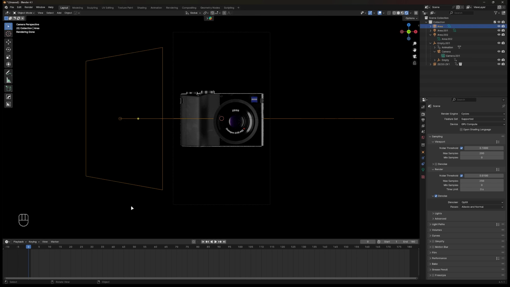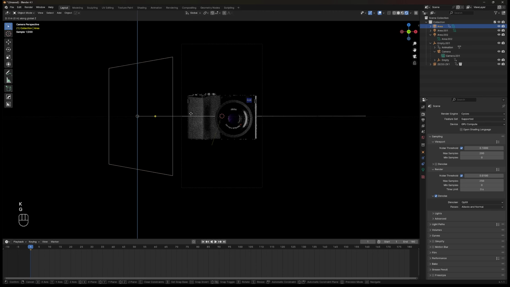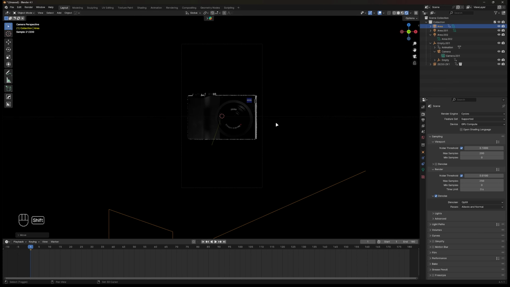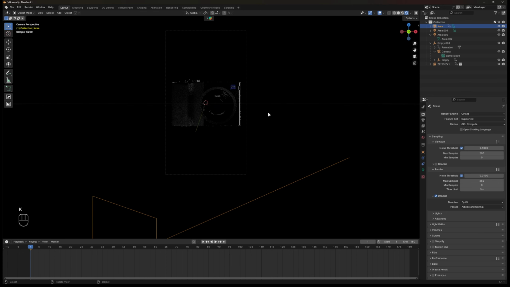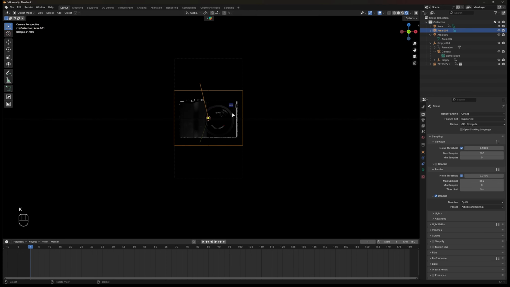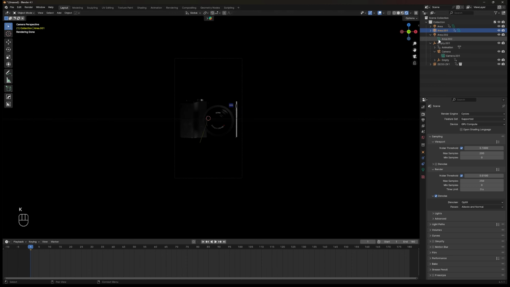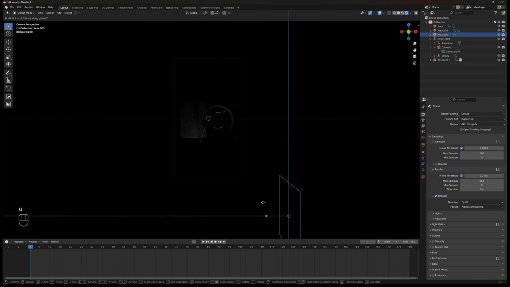Unfortunately, we have to go to render view to see the lighting here. Set the keyframe for the area light and choose locations and rotations, because we will rotate it later. Move the left area light down on the z-axis away from the asset. Same for the backlight, we move it to the top. And the right light goes down on the z-axis, same as the left light. So now the render will be darker.